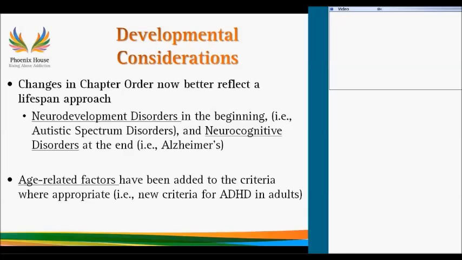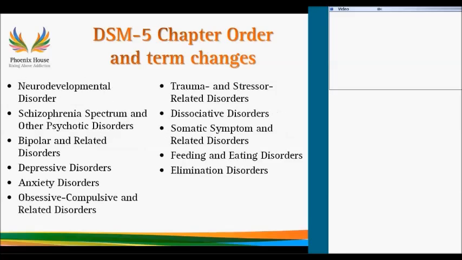Age-related factors are also another variable that has been, I think, considered pretty heavily in a lot of the diagnostic criteria. They've added the criteria for age-related disorders and changed the criteria based on age. So I have an example here that there's actually new criteria to diagnose attention deficit hyperactivity disorder in adults. There's different criteria to be met for things like separation anxiety, which now can also be diagnosed in adulthood. Another example is PTSD. There's different criteria that can be applied for children under the age of 6. So age-related factors are really seen throughout the manual.